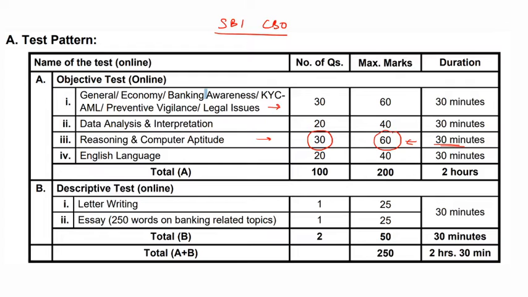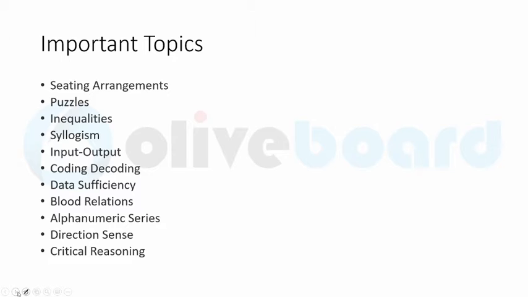Now the point here is that we do not have any past year paper because this has not happened in the recent past. बहुत recently तो हुआ नहीं है. 2009, 2014 इस तरह से हुए हैं examinations. So तब तो पूरा का पूरा pattern ही अलग था. We had some visual reasoning questions in there, but अब the pattern has completely changed for all the computer based examinations, right? So for reasoning and computer aptitude, you can expect the normal questions that you may have in your prelims. तो जो prelims में आता है उसी की तरह आपका यहाँ पर भी question आएगा.